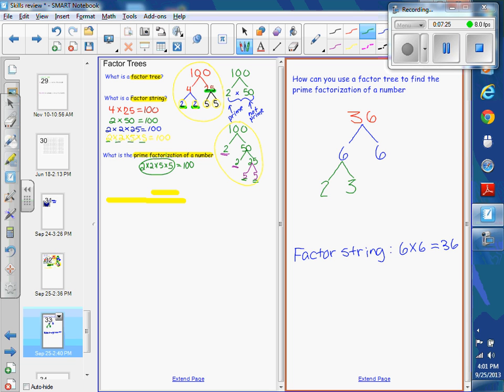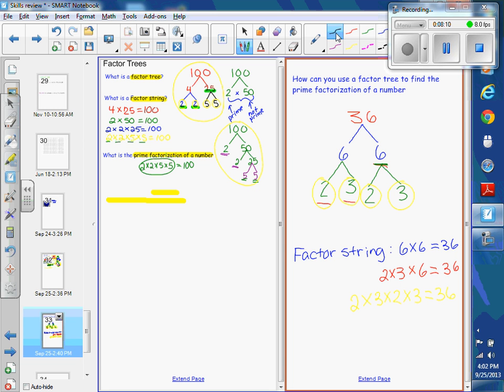So another factor string could be 2 times 3 times 6, because 2 times 3 times 6 also equals 36. When you look back at your factor tree, you notice that 6 is not prime, so you could put another set of branches under 6 and do 2 times 3 again. Now the bottom of your tree is all prime numbers. So not only is that another factor string, 2 times 3 times 2 times 3, that's a factor string for 36, but the prime factorization of 36